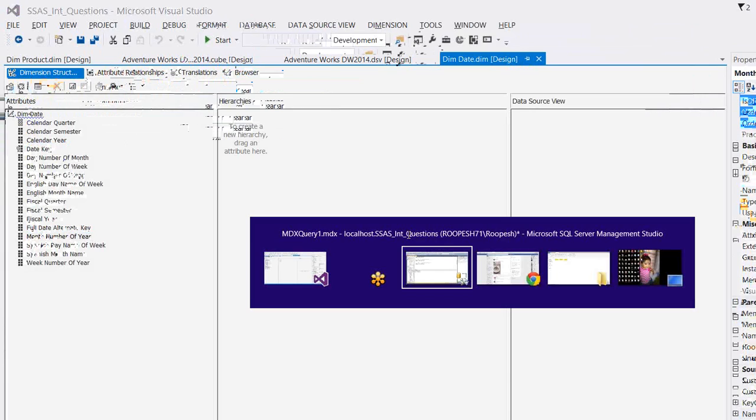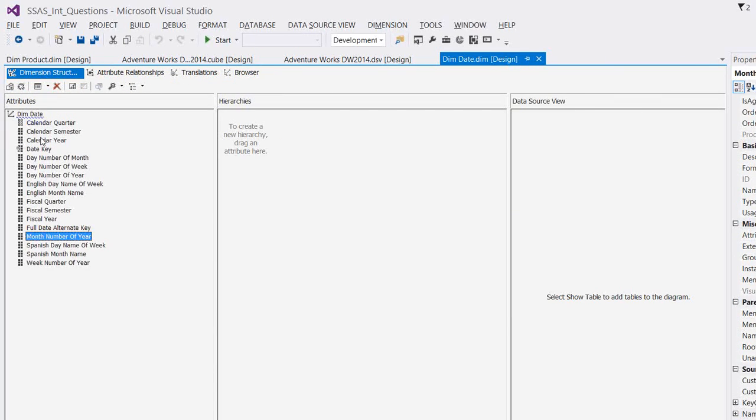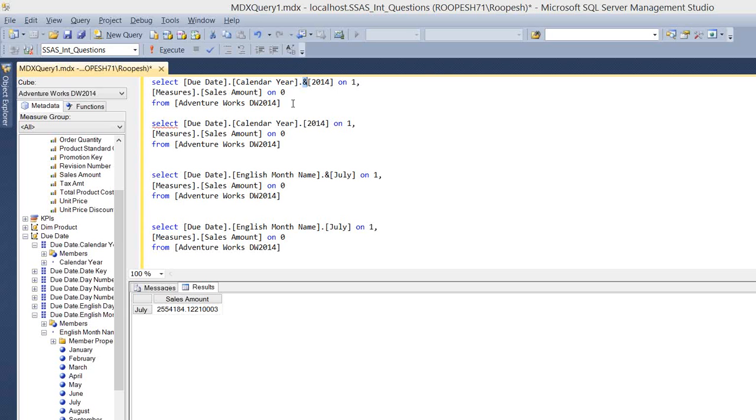In MDX, this is how you refer to an attribute member. You have to give the dimension name and the attribute name, that is the hierarchy name here in this case, and an ampersand. If you provide an ampersand, what I'm highlighting here, that means you are referring to the key column of the attribute. Key column in the sense, the column you have specified under the key column property for the calendar year. So that is why if I specify 2014,